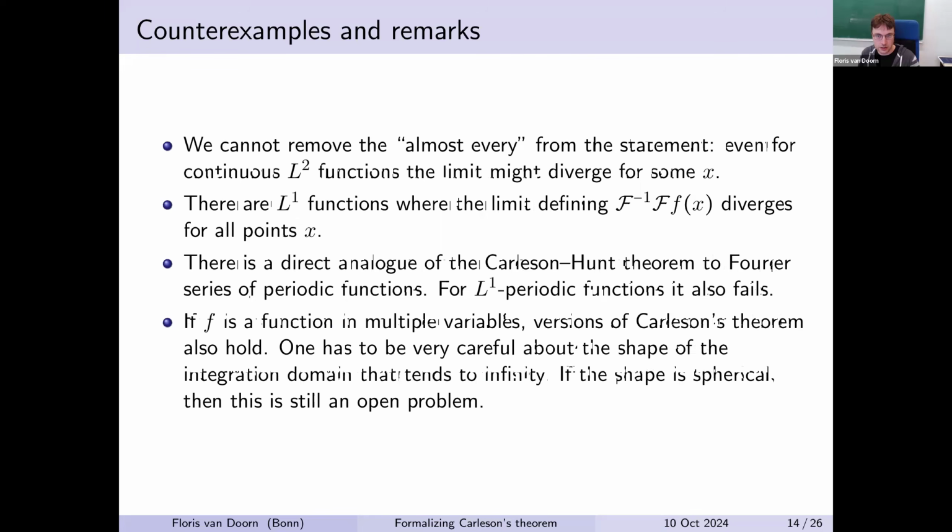And so for exponents close to 1, this expression can still be quite radically behaved or converge slowly to your original point. What I mentioned here is the Carleson theorem for the Fourier transform, and there's also a precisely analogous formulation for periodic functions and taking the Fourier series. And even for the Fourier series, if you just have an L1 periodic function, then that could also fail.